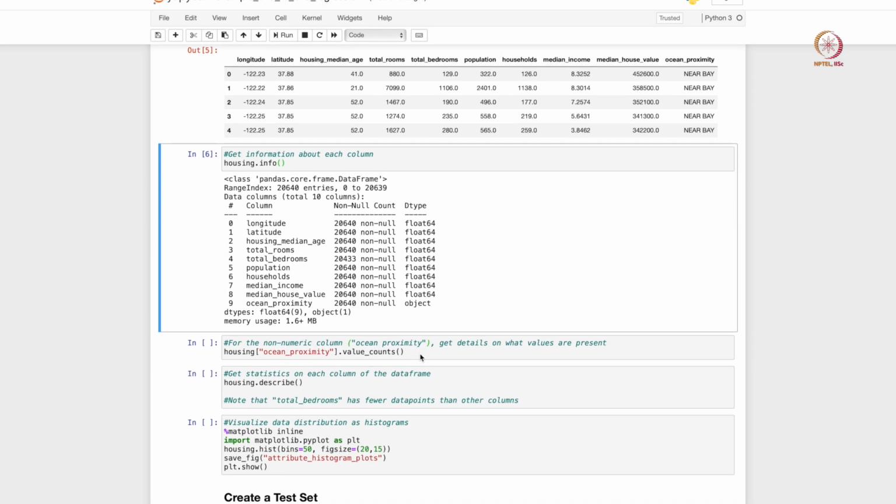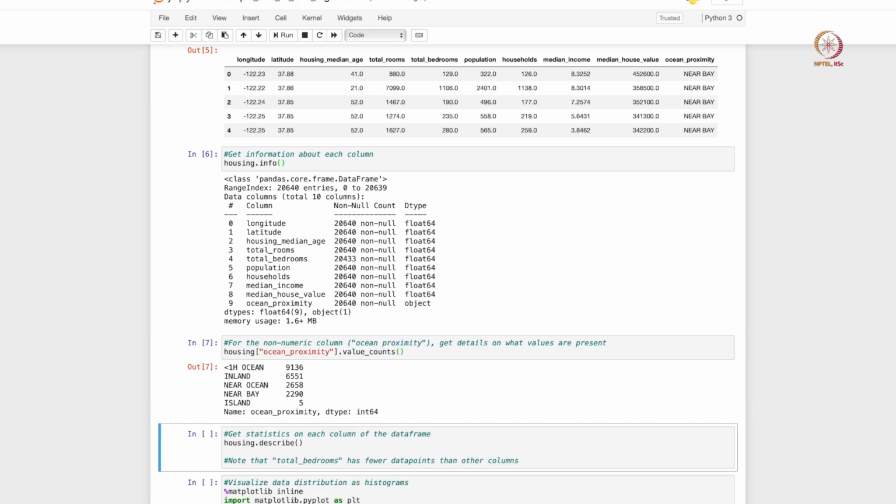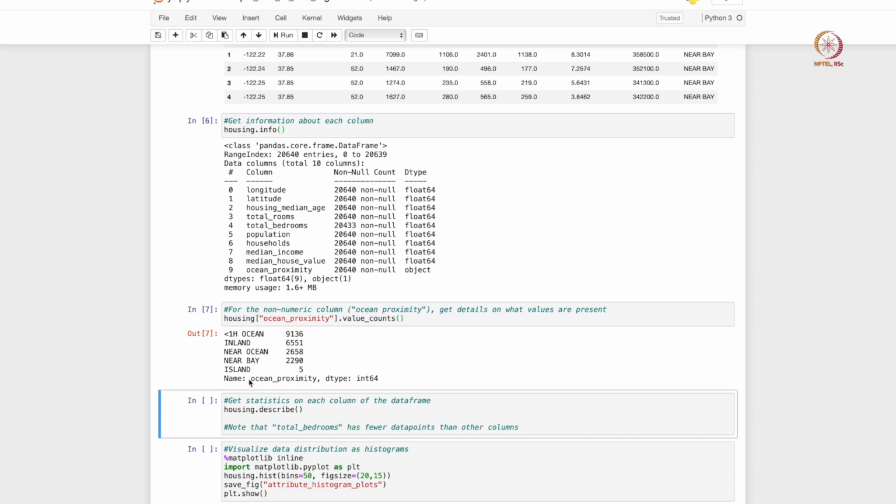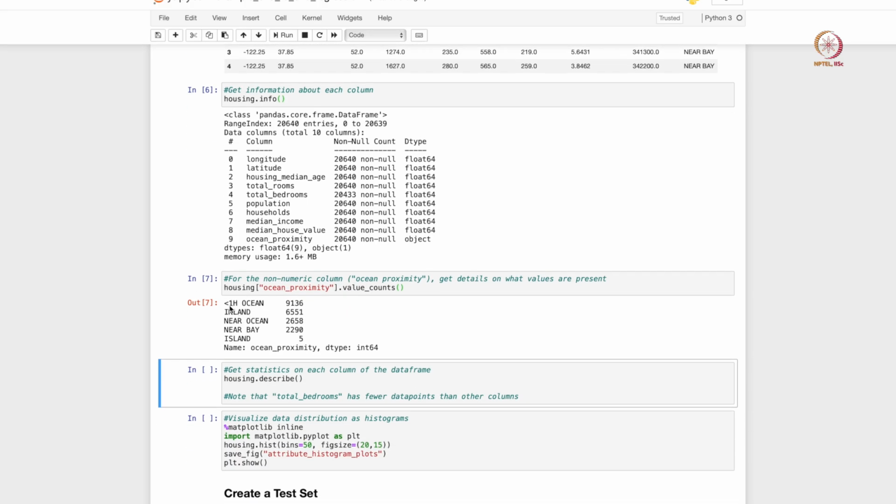Let us now look at the non-numerical column, the ocean proximity column, and see what type of values it has. So it turns out that it has 5 different values. One says it is less than 1 hour from the ocean, right, and there are about 9,000 localities that are less than 1 hour from the ocean. There are localities which are called inland, so they are far away from the ocean, about 6,000 of them.